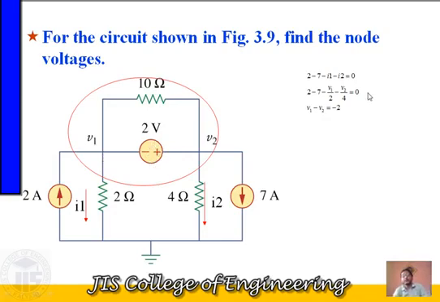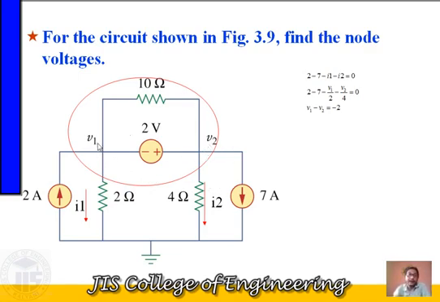So you are getting one equation from the KCL point, and this is one equation within the super node voltage. So two equations are there, and there are two unknowns, that is V1 and V2. Simply two equations having two unknown variables, so you can easily solve the equations and get the values of V1 and V2. And as you have the values of V1 and V2, you can find out any current.